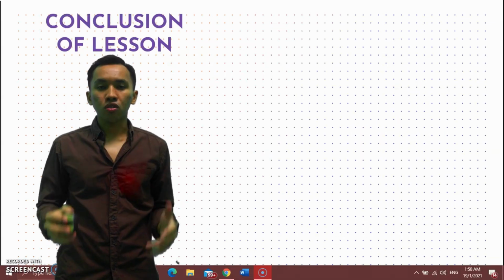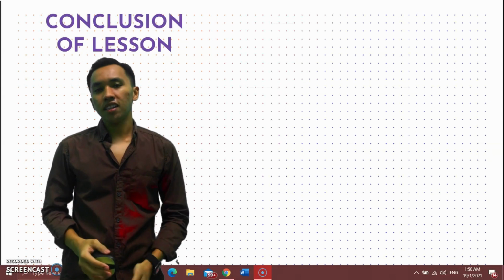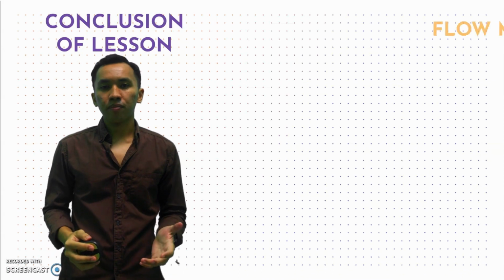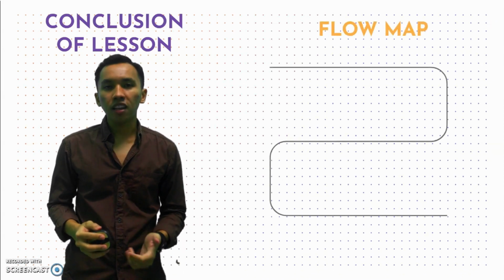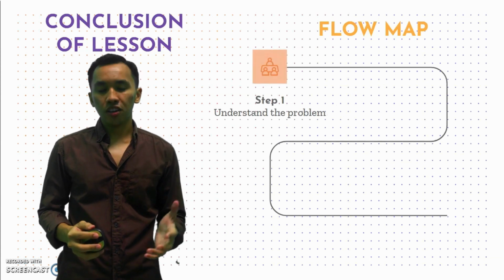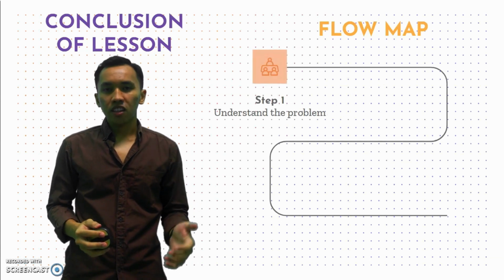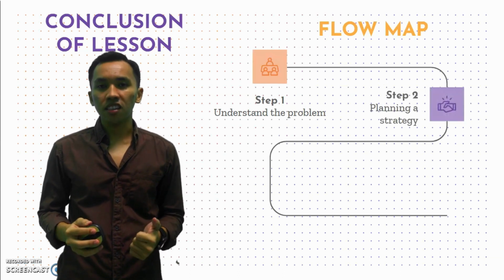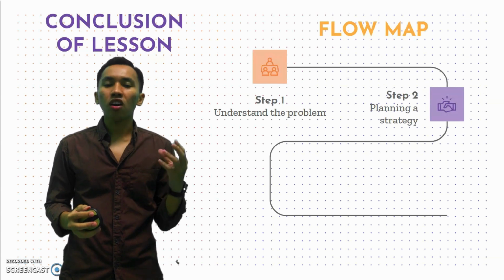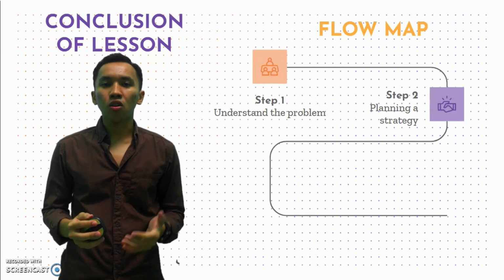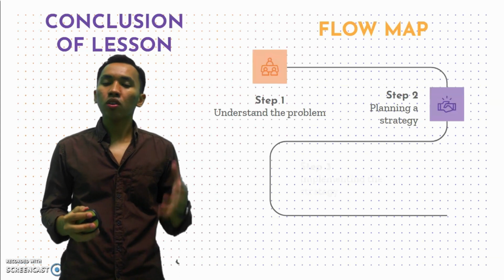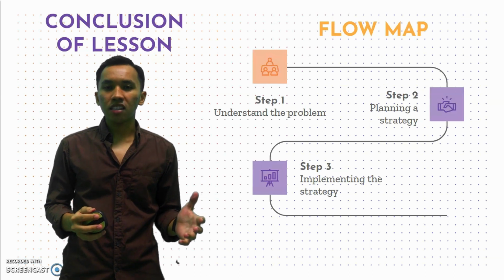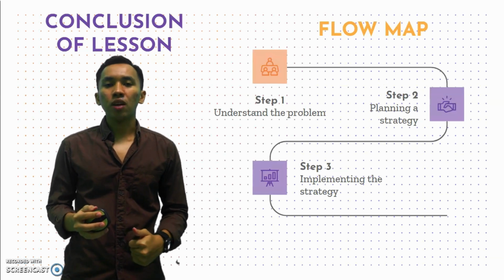Do you get it? So now we are already at the end of the lesson. For the completion of the lesson, we will make a flow map. So the first step that you already learned today is understand the problem, right? Then when you already understand the problem, you need to plan a strategy. After you plan all the strategy that you will use in completing the question, you need to implement the strategy. After that, you already get the answer of the question. Then you can move to the last step,